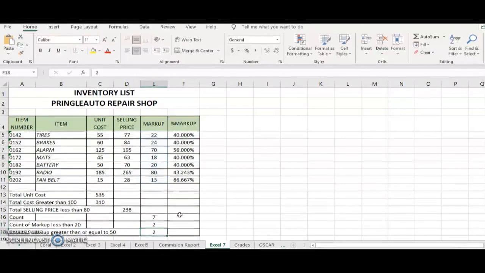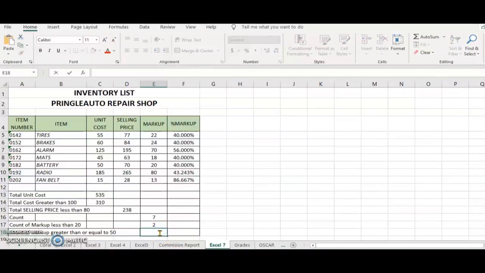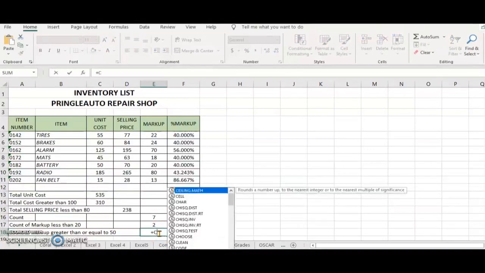Enter. So we got 2 in here, and like this one, we need to type equal COUNTIF